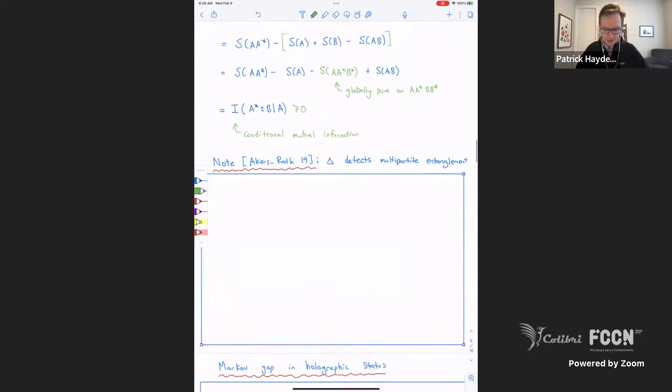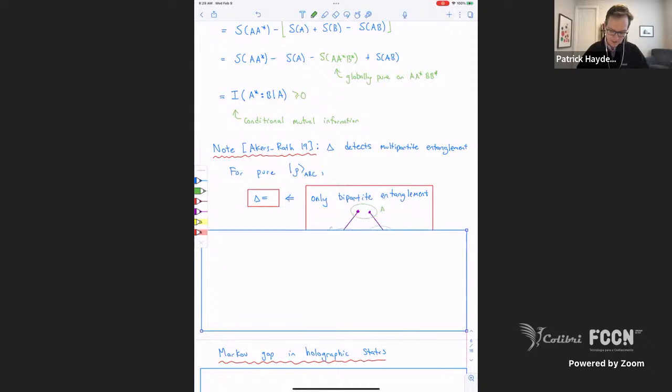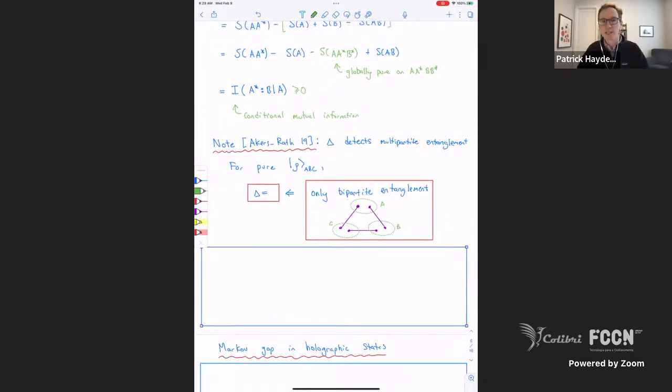And Akers and Rath in 2019 pointed out that delta, this Markov gap, actually detects multipartite entanglement. What they observed was that if you have a pure state on a system ABC, so you start off with, say, a mixed state on AB and then you purify it, or you start off with a tripartite system and only look at the reduced density operator on AB, and calculate the Markov gap delta,